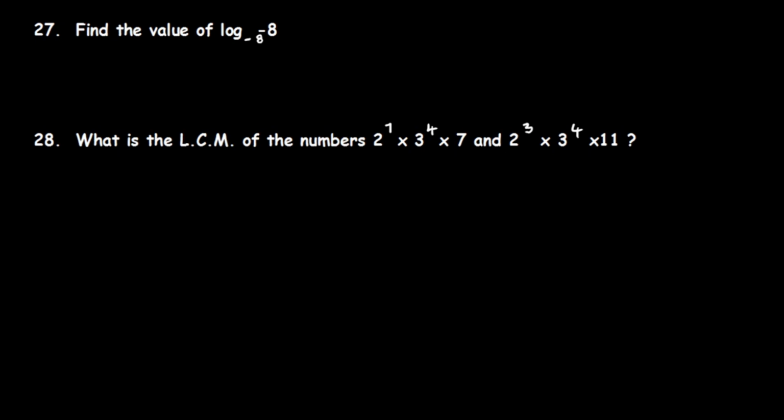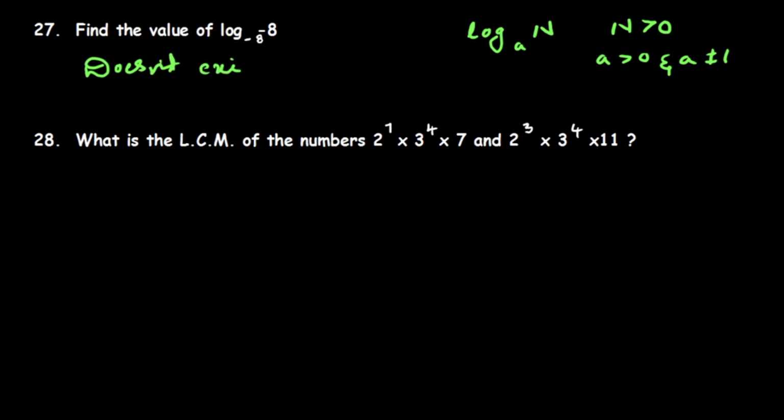As per the logarithm notation, when we have log n base a, n must be greater than 0, which means it is a positive number, and a must be greater than 0, and a is not equal to 1 also. So a should be positive, but a is not equal to 1. This is the common rule for logarithm. So we should get n as a positive value, and the base is definitely more than 1. But you can observe here we have log minus 8 base minus 8. So it does not exist.